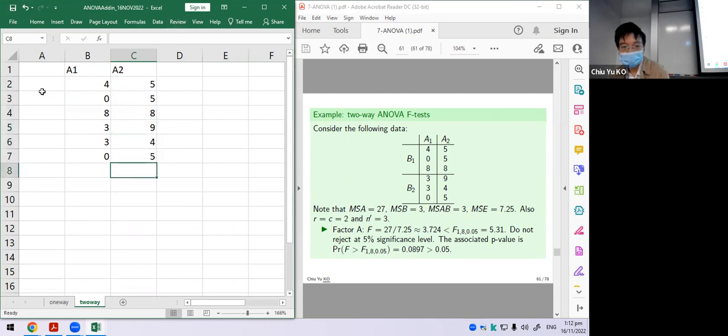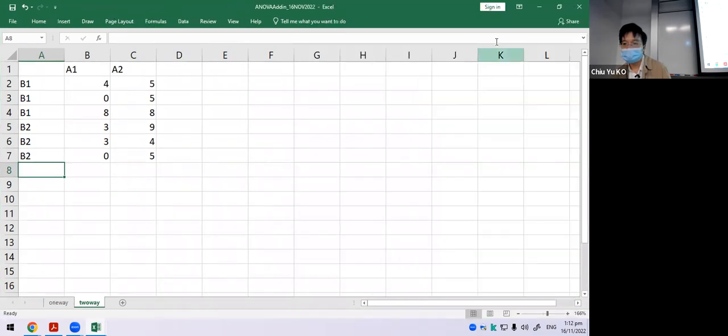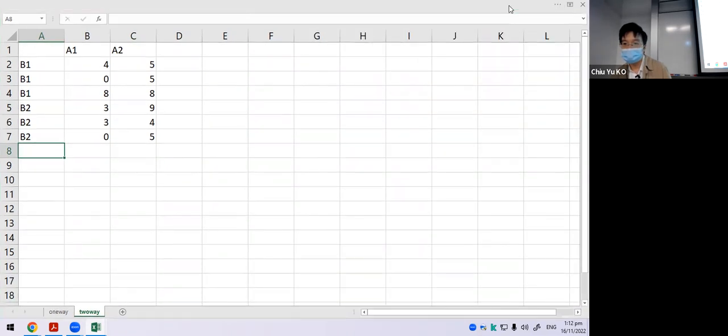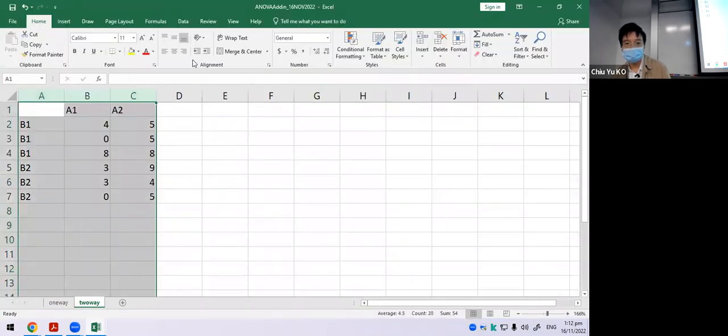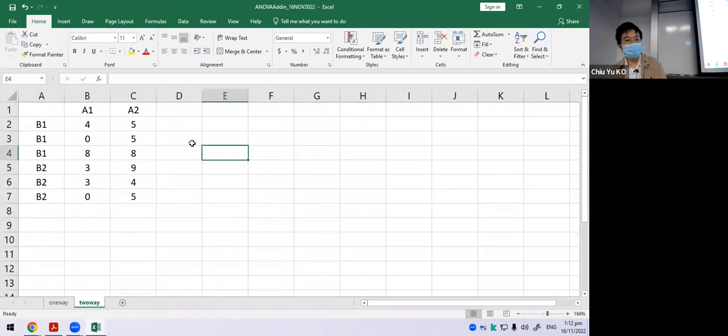Okay, and we have B1, B1, B1, B2, B2, B2. Okay, so the data basically comes from here. I'm trying to show you quickly how you do the